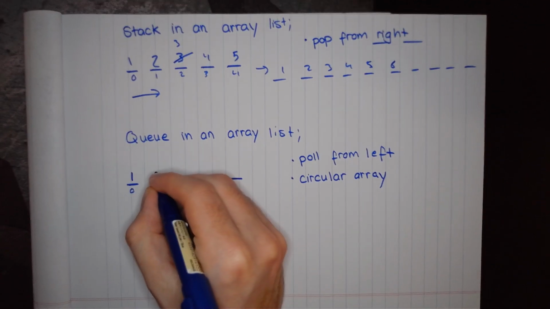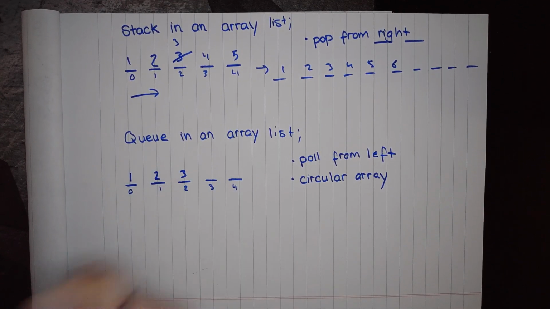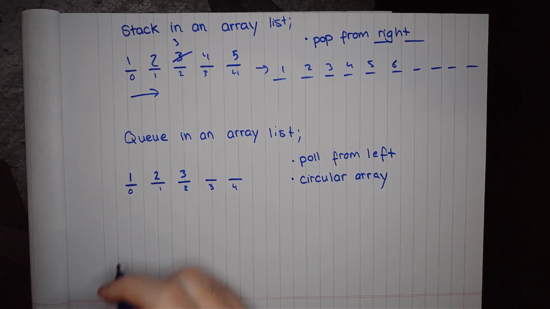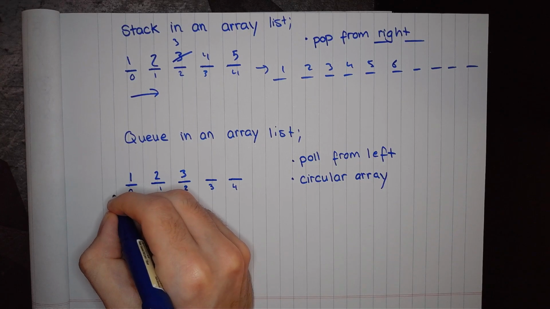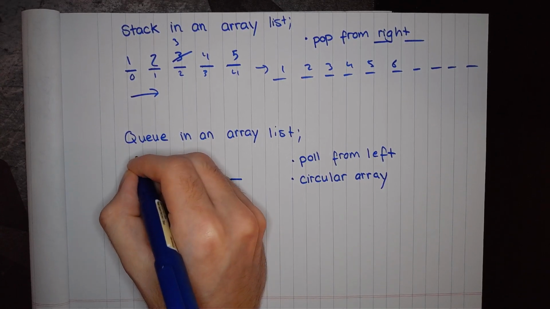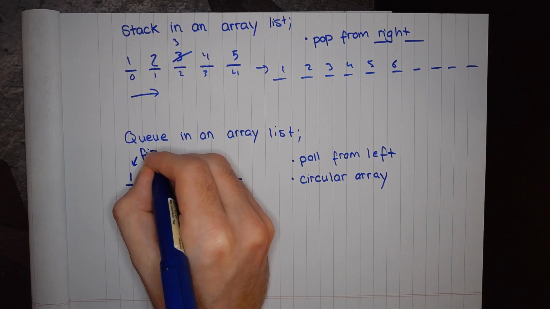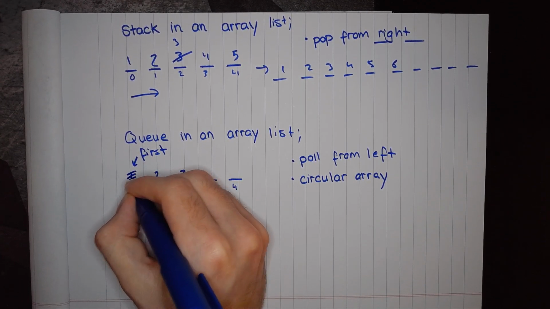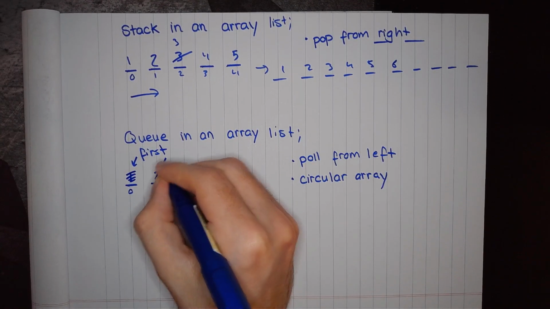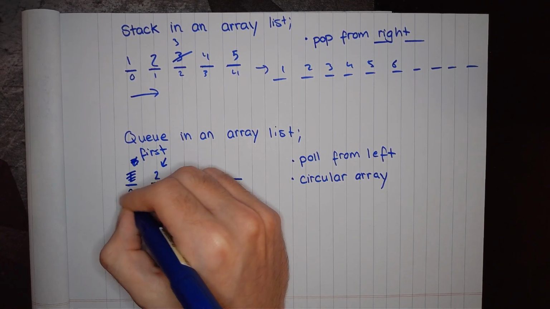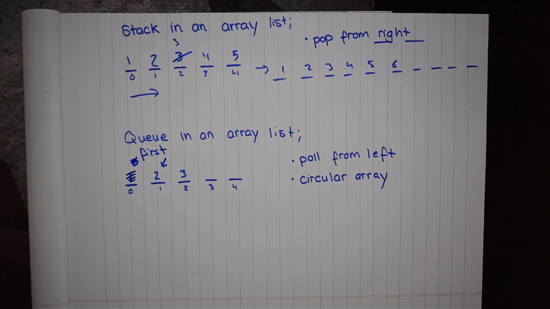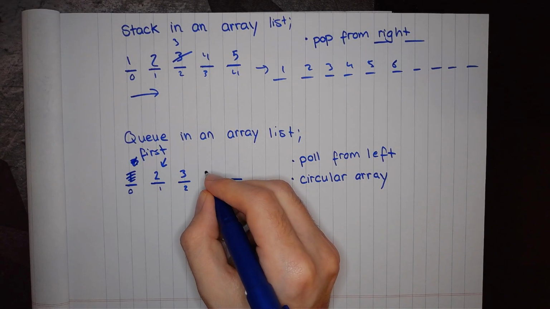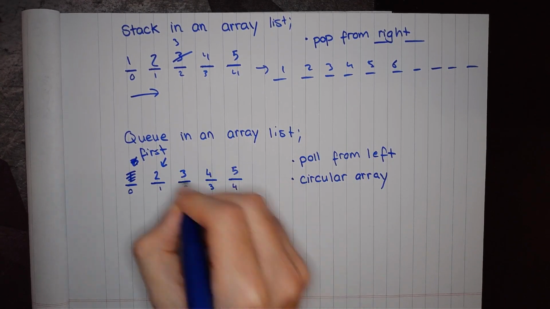Now let's consider a queue, right? So again, I do 1, 2, 3, but this time I'm polling from the left, right? So I need to have some pointer for the first element. I need to have some variable that just tells me, okay, where is the first element? Because now when I poll and I get rid of this 1, I need to know that the first element is not at index 0, it's at index 1, right? Now let's say I keep adding some elements. So I add 4 and 5, and then I poll,